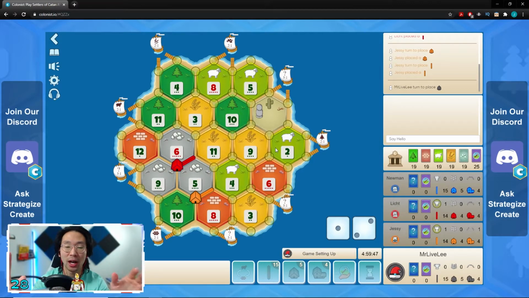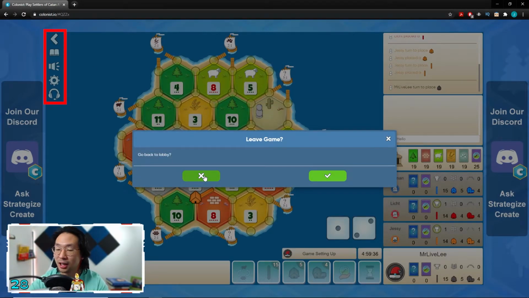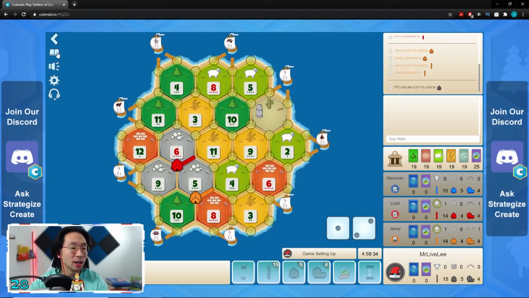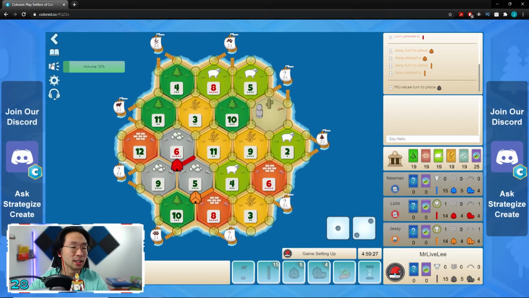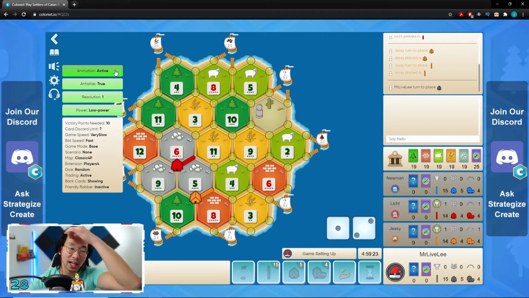Again, on the sides, you have the banners that show the Discord. Highly recommend joining the Discord. And then let's start off with the top left here. So we have 5 different icons. This arrow indicates that you want to go back to the lobby, basically leaving the match. This is a book that tells you exactly how to play. This was the same intro video that we saw earlier. This is your volume. I have mine set to 10%. Here are the settings, so you can change the animation, the